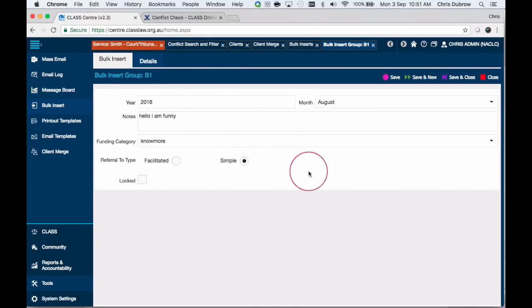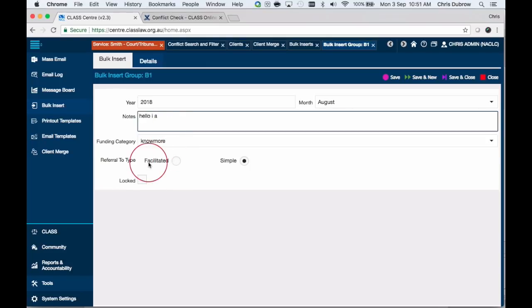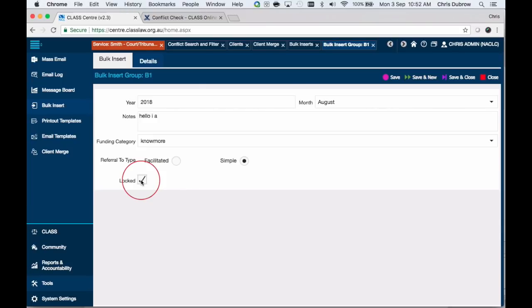You'll need to put in a new monthly record, but they can either be facilitated or simple, so you have to divide them up. So in other words, 2 a month if you're doing lots of both services. You can add informations to either of these types. Now the other important one is this locked key. That is quite important. If it's locked, you can't actually edit the details in the grid. If it's unlocked, you can. Once you've finished though, lock it and then save it, and this stuff will then end up in your service